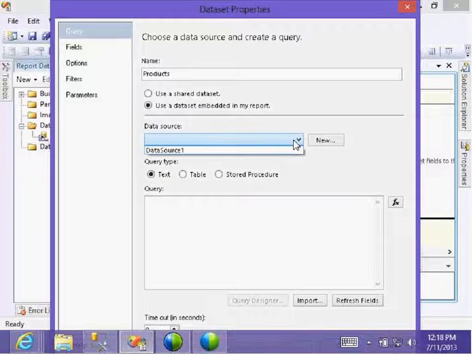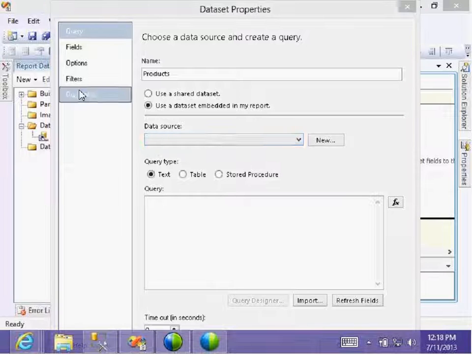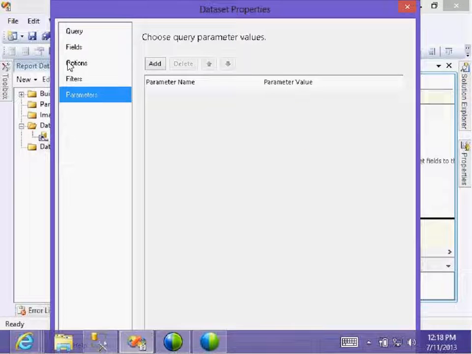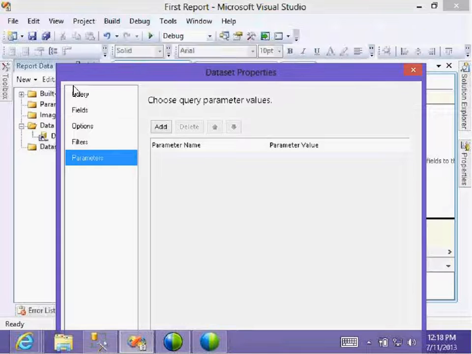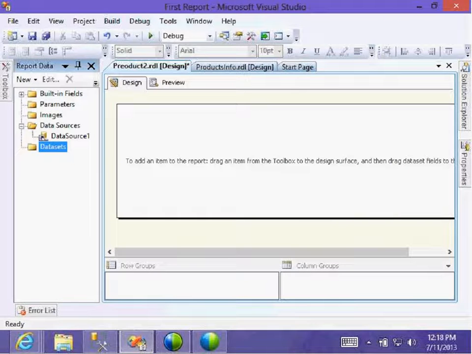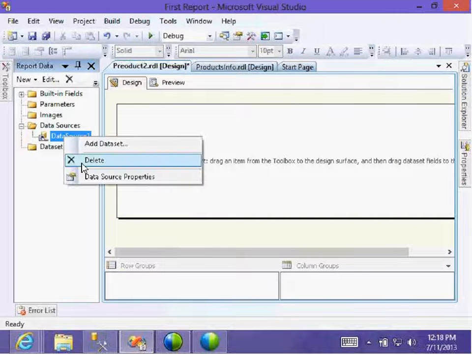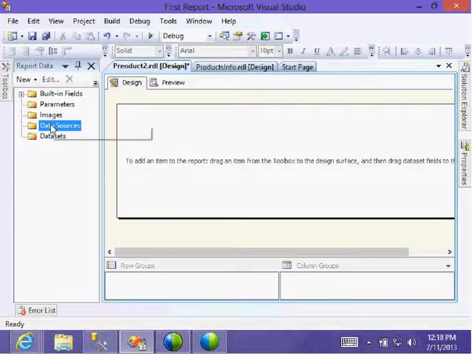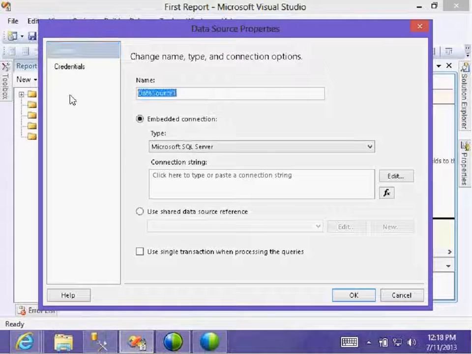Use, then sorry, I created the data name. Or else we can go back and name the data source. Report source.